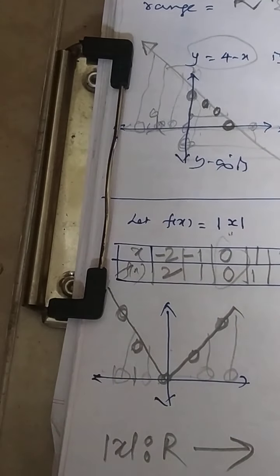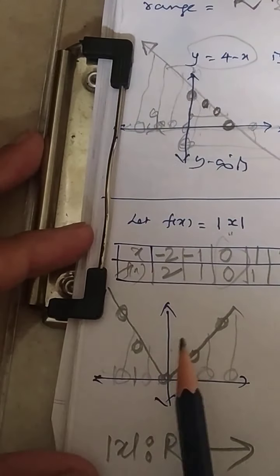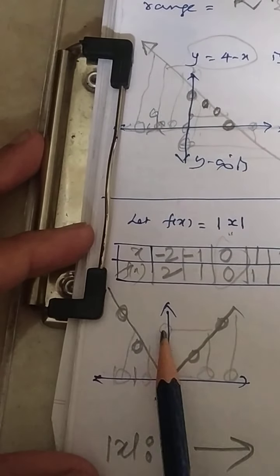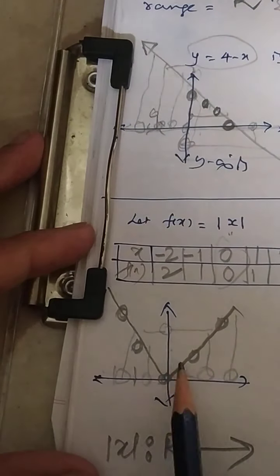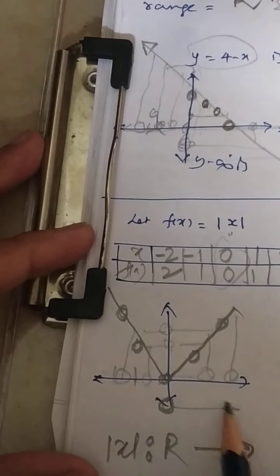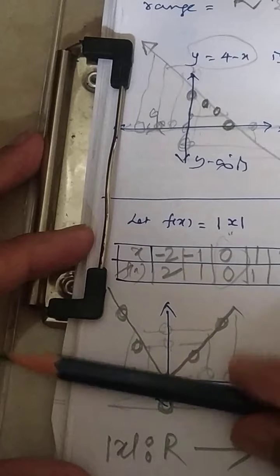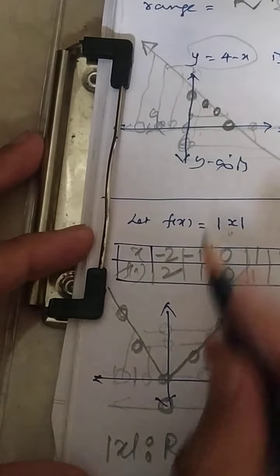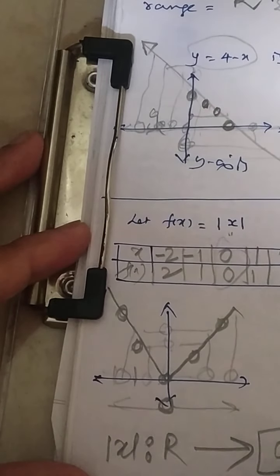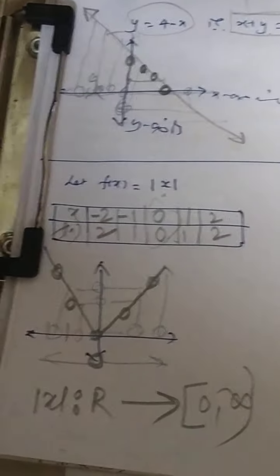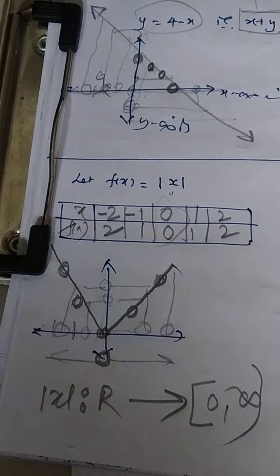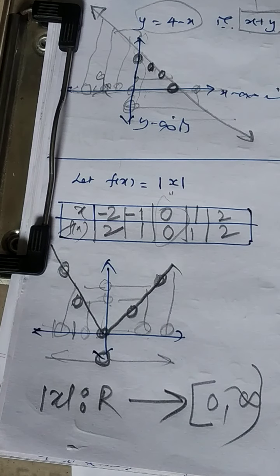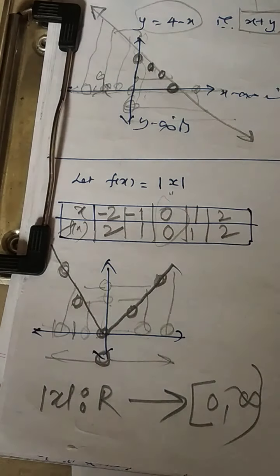Now how to find out the range? I told you, variation on the y-axis. Look here. For this point I have two answers. For this point also I have two answers. But if I take some negative number, then there is no graph available. So the graph is not available below the line. So the graph is available from 0 to infinity. So I should write 0 to infinity as the range of the function. So domain is always obtained on the x-axis and the range always on the y-axis. Looking at the y-axis, you can get the range of the function.